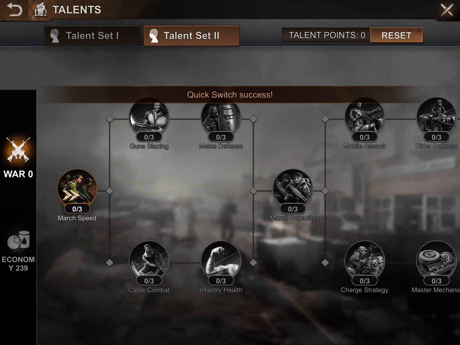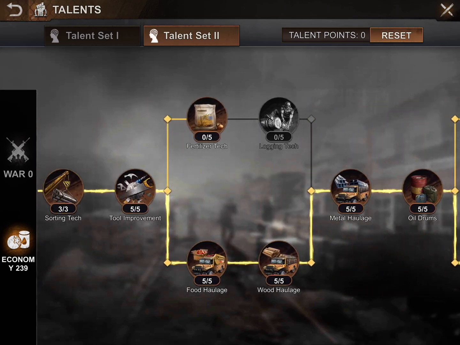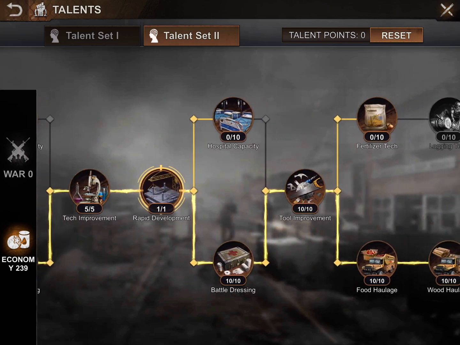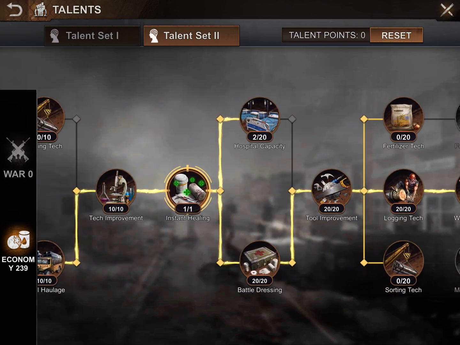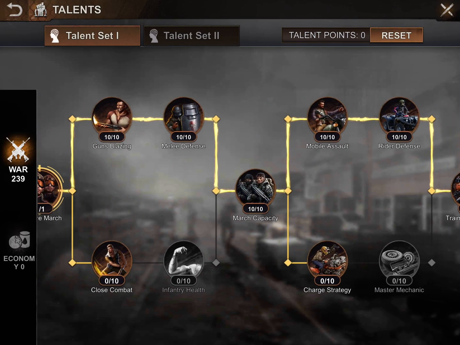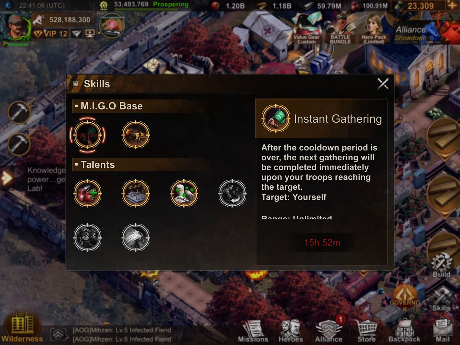So under eco, there is a talent that you get about this level, somewhere out here. Well, I don't see where it is now. Instant healing, tools, tech improvement. Maybe I'm wrong. Maybe it's up here. No, it's down here. I don't know where it is, but I'll point it out to you. So here it is going to be under the eco talents, and you will have this one here,